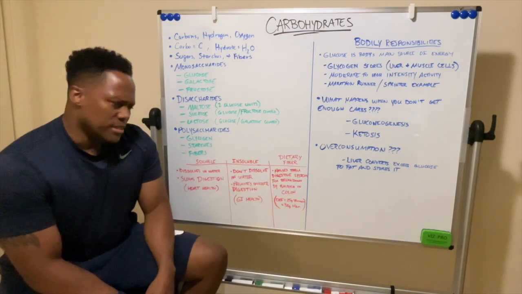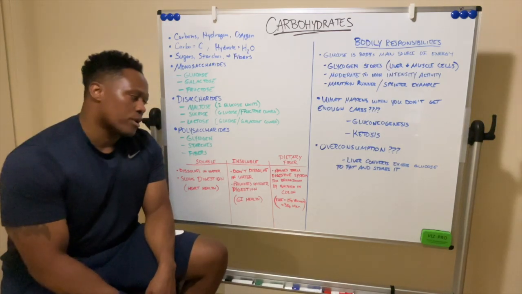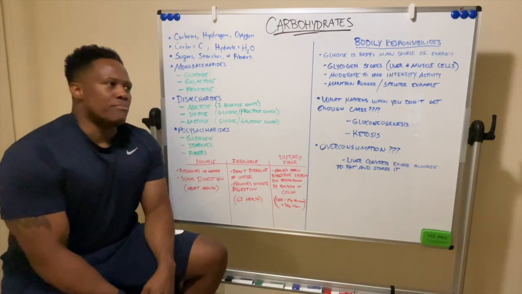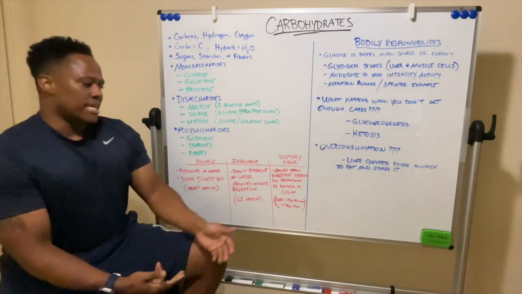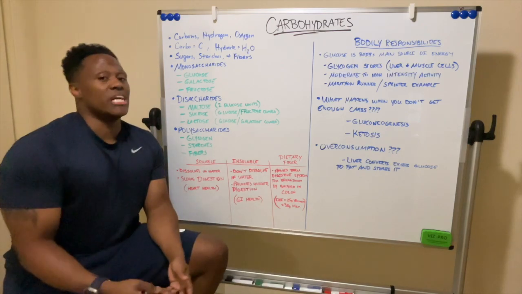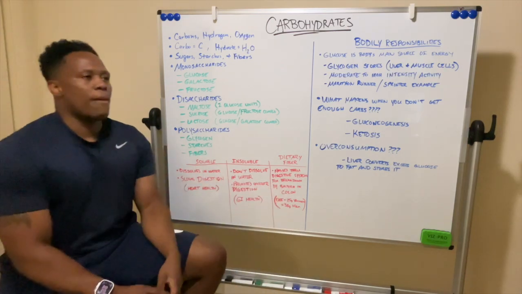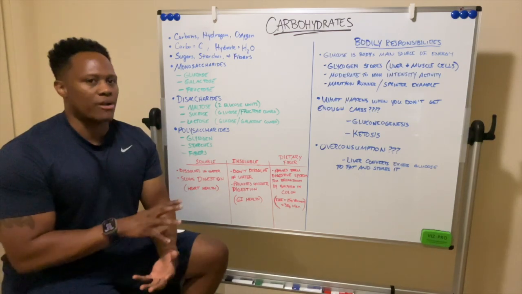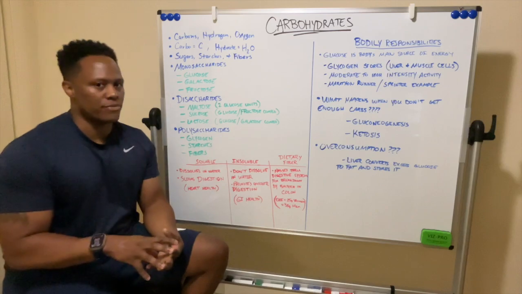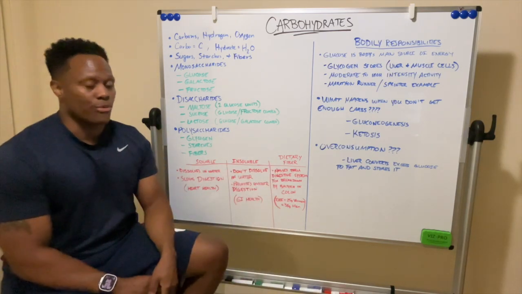Now, this is the type of fiber that simply passes through your digestive system for breakdown, but it doesn't actually get broken down in the digestive tract by enzymes. It gets broken down by bacteria in your colon. And because of that, dietary fiber produces little to no energy. There's no glucose really to come out of it. There's no monosaccharides to come out of it because of how it's digested. But it's still recommended that you get dietary fiber.